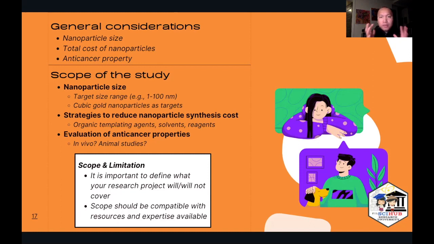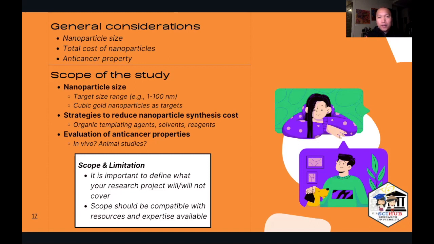So you have to be able to define, okay, what are the factors that you are controlling, or what are the design elements that you will be implementing in the synthesis method for you to achieve cheaper nanoparticles. So again, you cannot just broadly say that we will develop strategies to reduce the cost, because